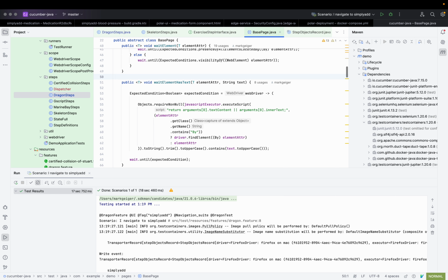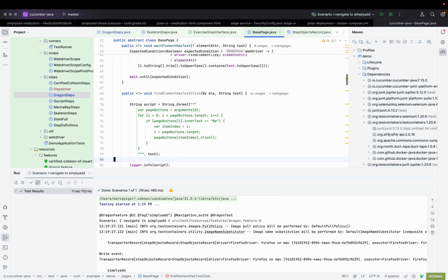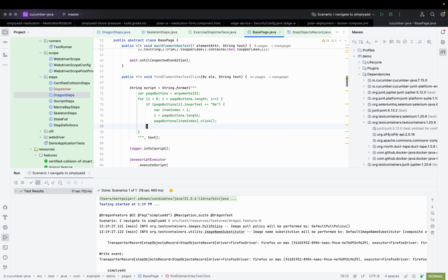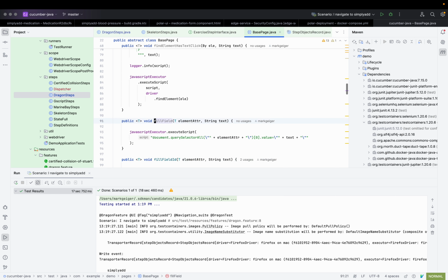And basically, rather than having to write out the WebDriver scripts for each step, I set these up so that you can reuse these as needed in your steps classes. So fill,